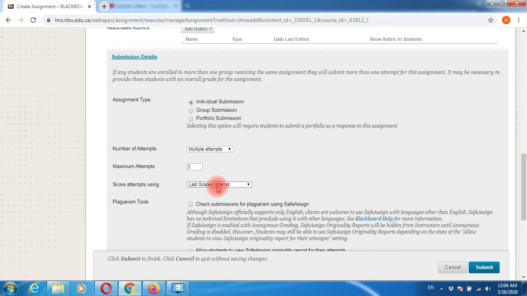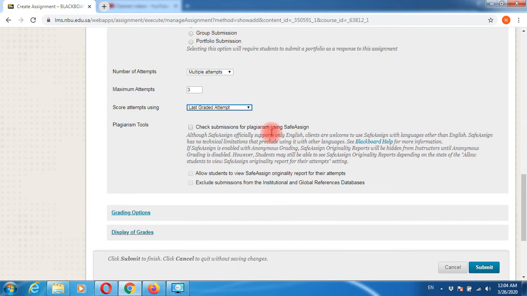This doesn't mean, I repeat, this doesn't mean that the first 2 attempts will be removed. No, every attempt the student makes will be available. However, the grades will be based on the last attempt. But since this is an assignment, the grading has to be done by the faculty manually. Okay, then scroll down